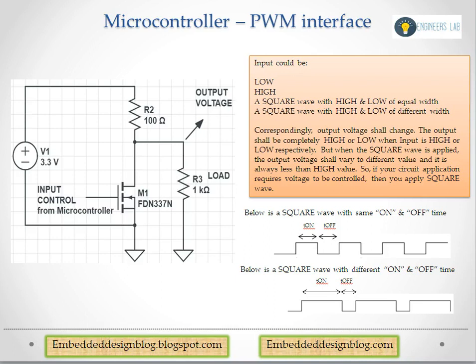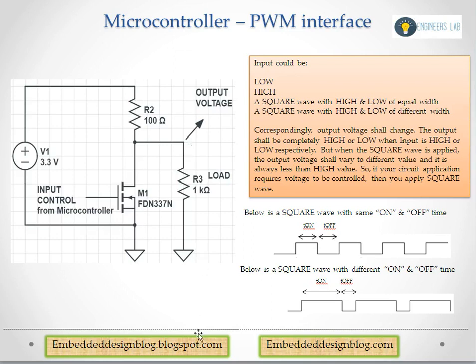We talked about two scenarios here, low and high, but if you give a square wave from a microcontroller, the output voltage would be seen based on the width of this pulse. We'll talk further about what output voltage we are seeing and what are the parameters that need to be provided to the microcontroller to generate these waveforms such that you generate a corresponding output